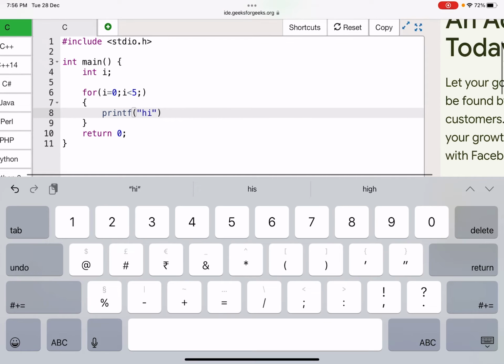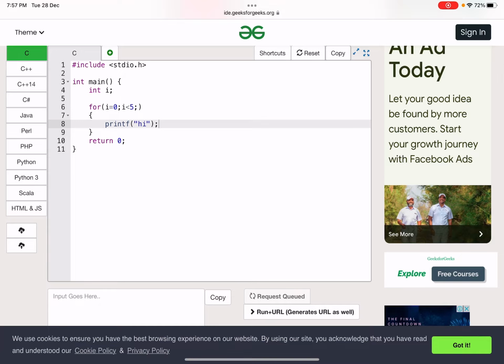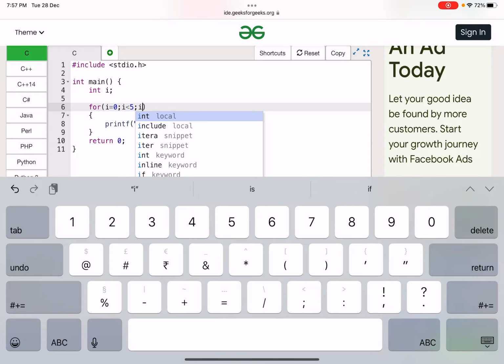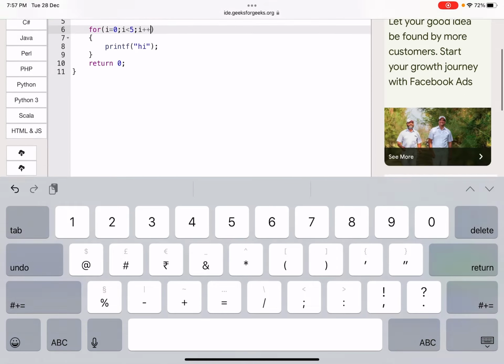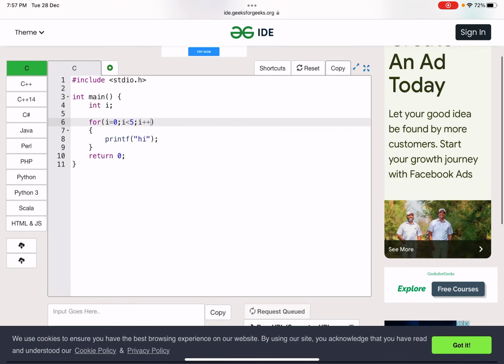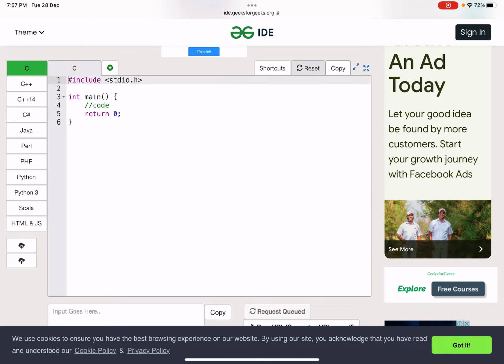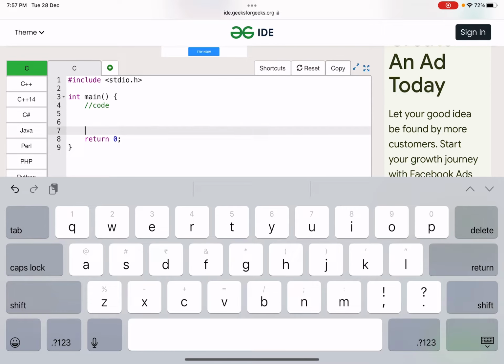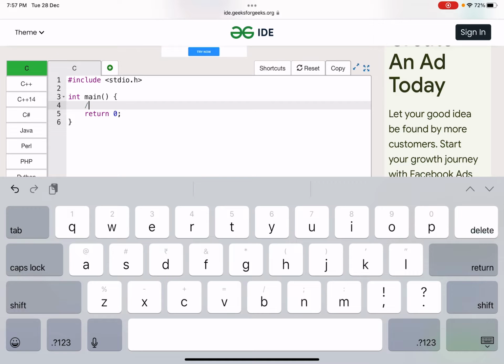See, there is no termination at all. Can you see the difference? There is no termination. But in case I had given i plus plus here, that is, incrementing the value of i, and again it's never going to end now. Reset. Okay, now see this, how the for loop is used.